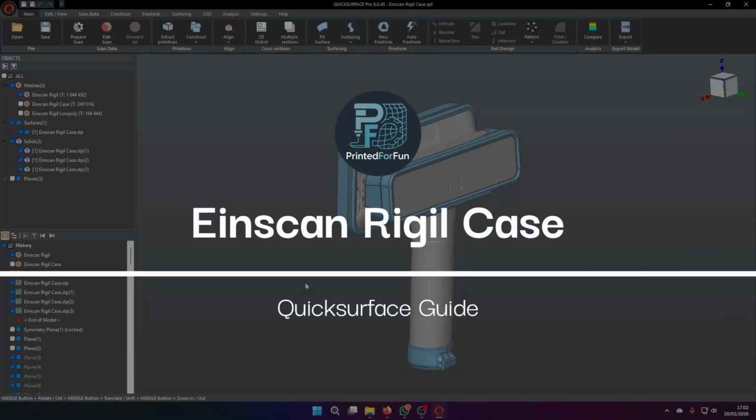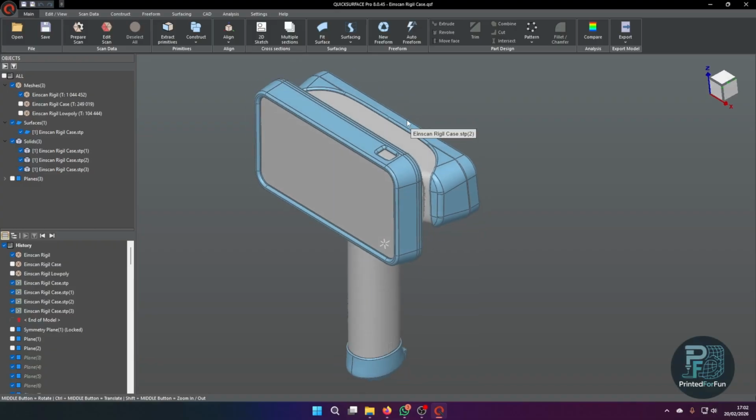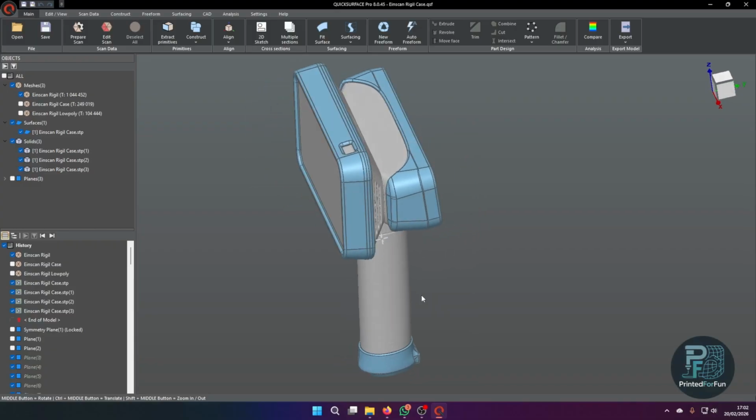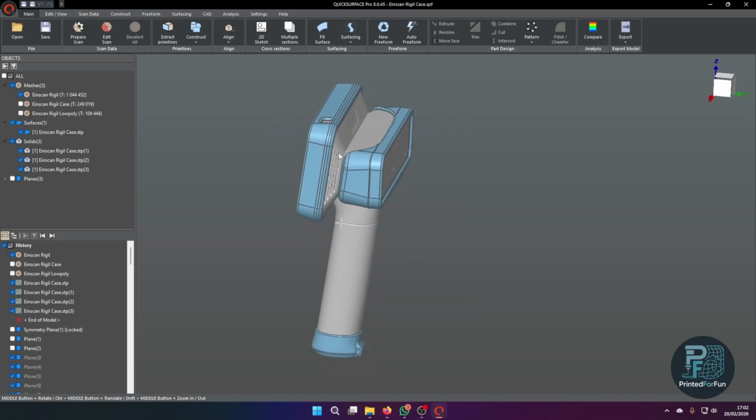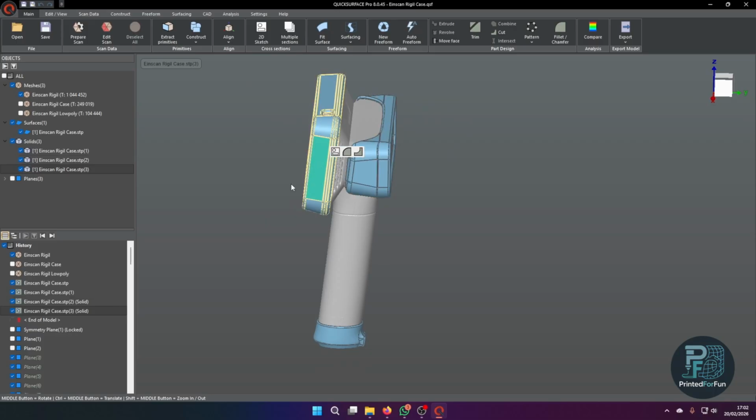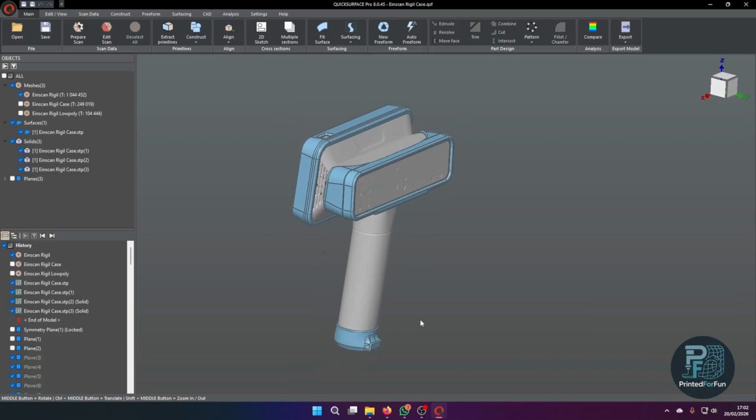Hi, I'm Philip, and in this video I will show you how I designed the protective case for the Einscan Rigil using Quicksurface Pro. So as you can see, this is the final case, and I designed all three of these parts within